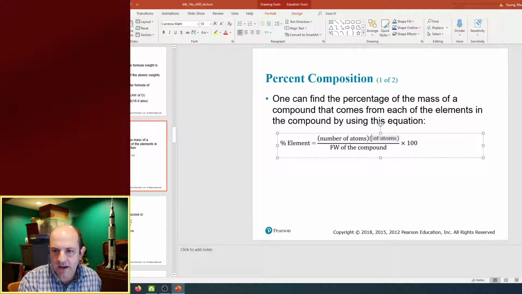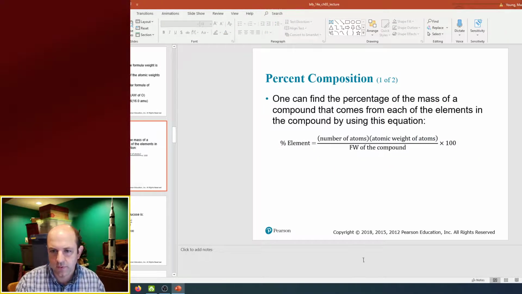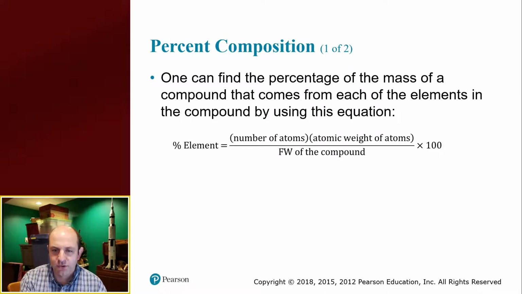It's the number of atoms times the atomic weight. We'll try to use the same terms that they use. There we go. So we say how many carbons are there, what's the mass of a single carbon, and then divide it by the whole thing there. Now what I want to point out there